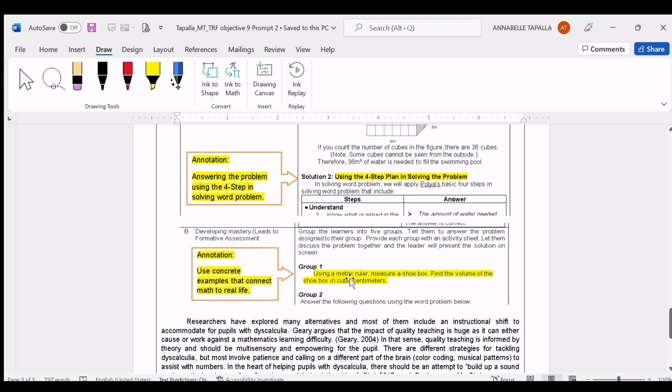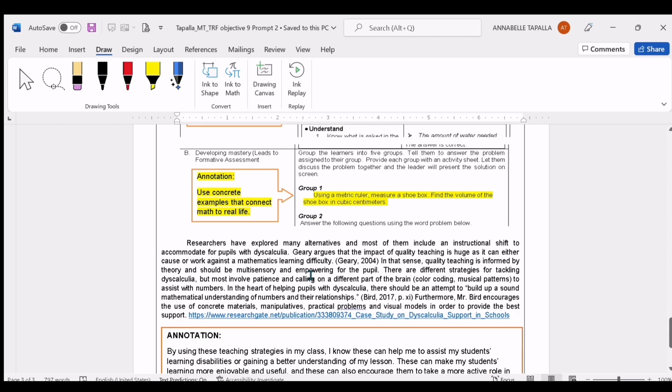So, kaya nito, gagamit sila ng instrument to measure shoebox. So, to find the volume of a shoebox, so gagamit po sila ng ruler. Parang ganun. Okay? So, researchers have explored many alternatives and most of them include an instructional shift to accommodate for